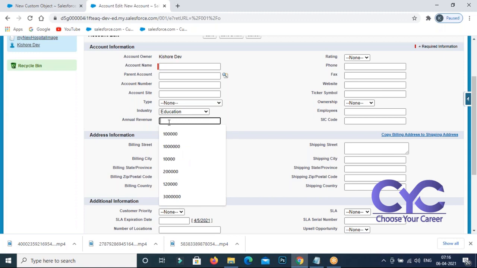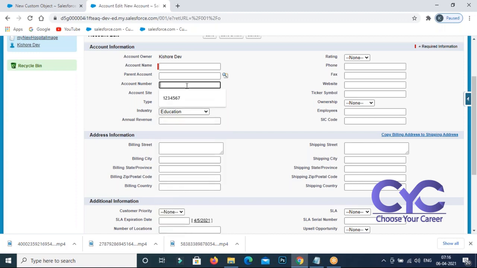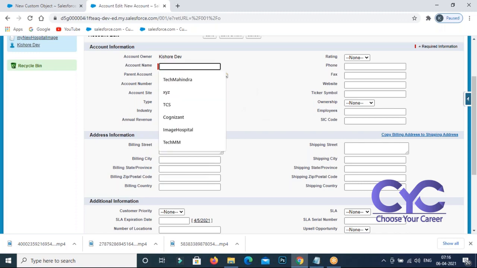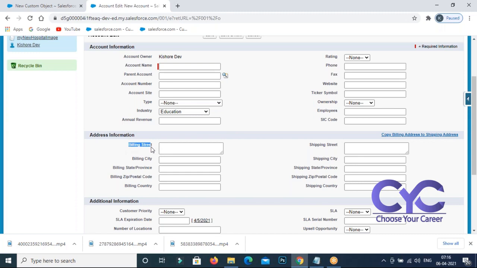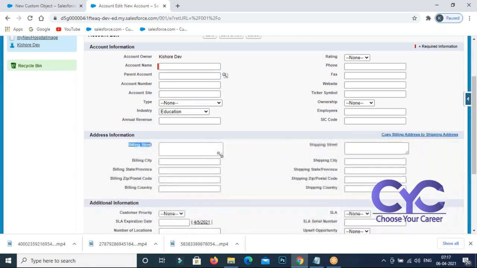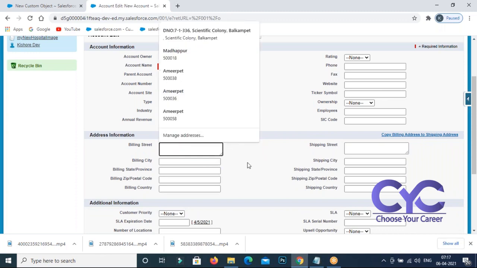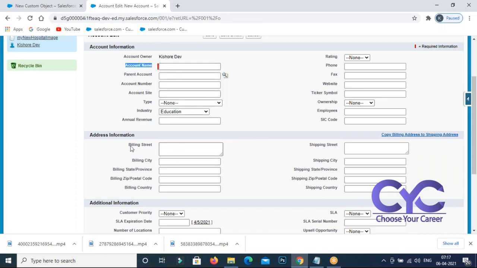Are you getting? Here is the currency data. Here is the pick list data. Here is the number data. Are you getting? It is the text data. Can you find address? Address means that you can enter three to four lines, more than three lines or two lines that you can enter here. Right? There is the text area data. It's text data, it's text area data.